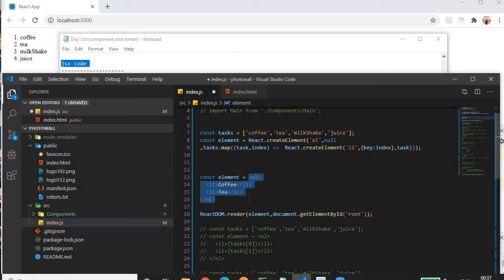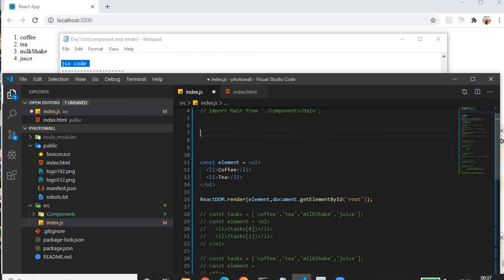So in this way also we can create an element. It's an element, which is an object, assigned to a variable element. Then the same story, we have to render that element. Let me remove this code. It is of no use now, because we are not going to use React.createElement anymore. This was for knowledge purposes, because as we progress we will keep improving our coding way. From now onward we will use the JSX way of creating a website.